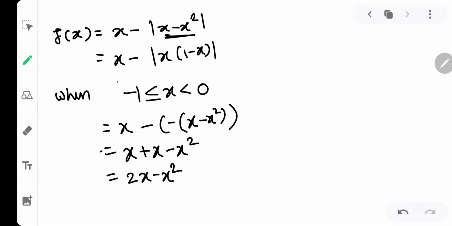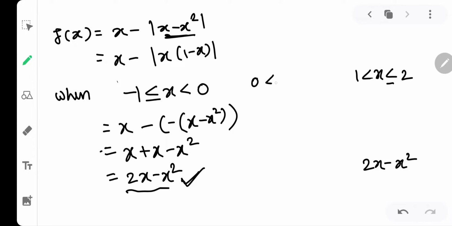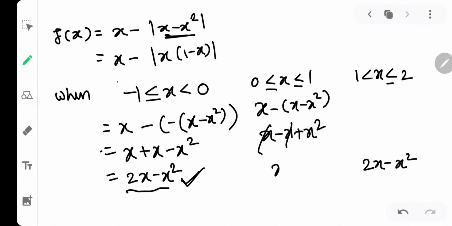Very nice. Okay, now if you check out, the same function will be carried when it is from 1 to 2. We have seen this. 1 to 2 also it is going to open the same way. Let me include 1 and 2 over here, so it will be the same, because you also know why it will be the same: it will open negative. Now the very important part is 0 to 1. Let me include 1 over here and 0 also over here, it does not matter actually. Okay, 0 to 1 it will open positive. Positive means something like this. Okay, so x − x and then + x². So x got cancelled, and x² remained.